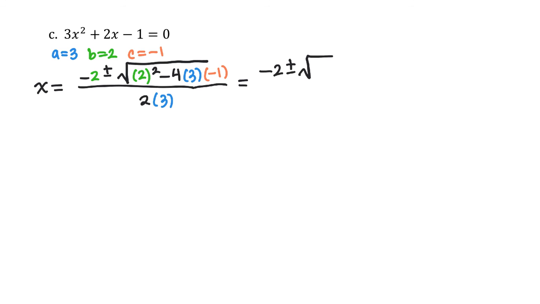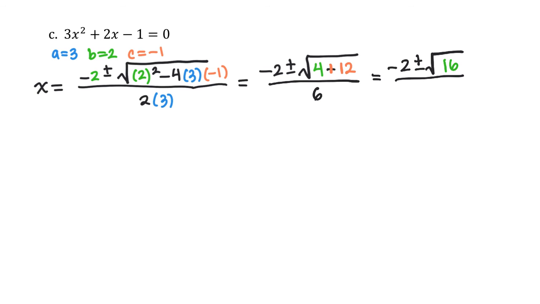Okay, in the radical, we have 2 squared. 2 times 2 is 4. Let's see, minus 4 times 3 is minus 12. Minus 12 times minus 1. Oops, this is going to switch to a positive. Okay, 4 times 3 is 12. 12 times 1 is 12, so it's 4 plus 12. And then in the denominator, I have 2 times 3 is 6. Okay, let's keep going. Negative 2 plus or minus the square root of 4 plus 12, which is 16,